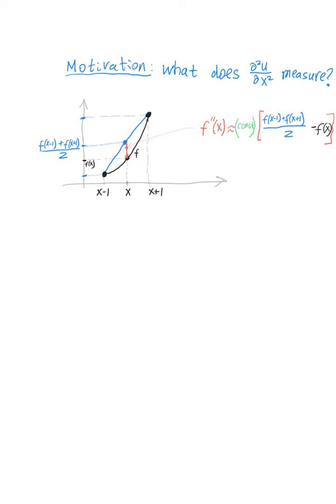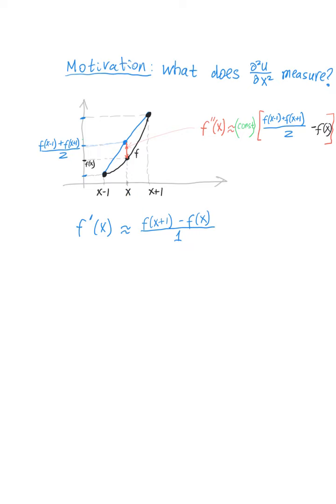Laplacian generalizes the second derivative. But what does the second derivative measure? For the motivation, let's look at the finite difference approximation. Consider, for instance, the discretization with the mesh size 1, so that the derivative at x is f of x